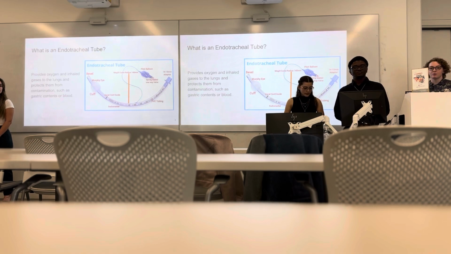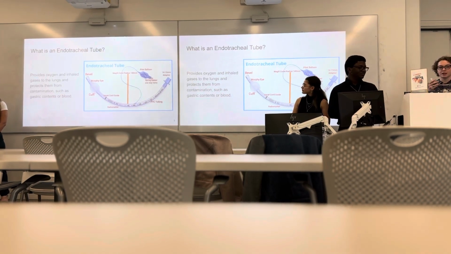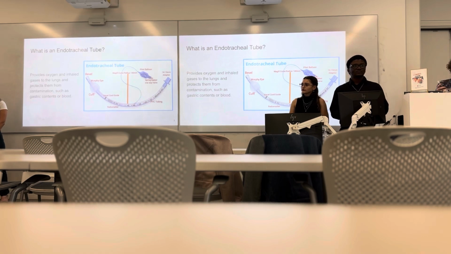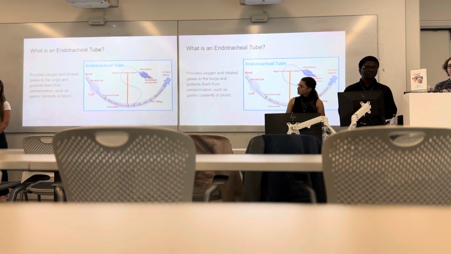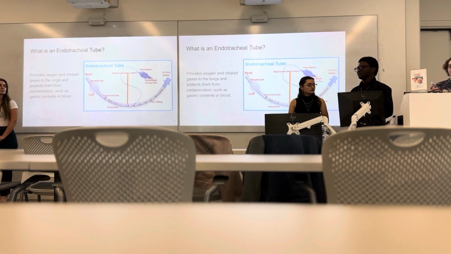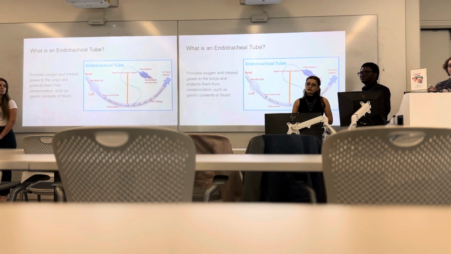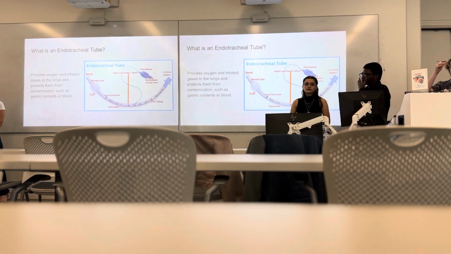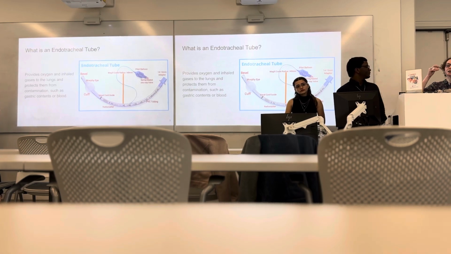So a little bit of backstory before we get into our problem is we are working with an endotracheal tube. What this is used for is providing oxygen and other gases to the patient's lungs during surgery. And it also blocks bile or stomach contents and blood from getting into your lungs. So it's placed along like this, and this cuff will actually inflate so that way nothing can get into your